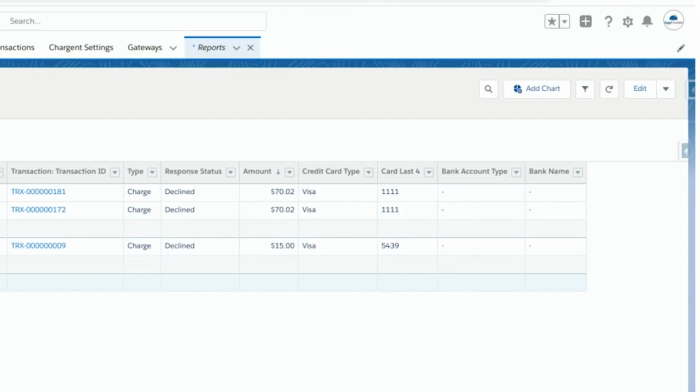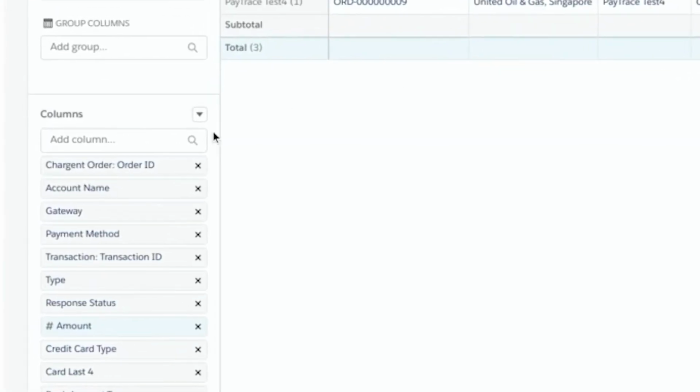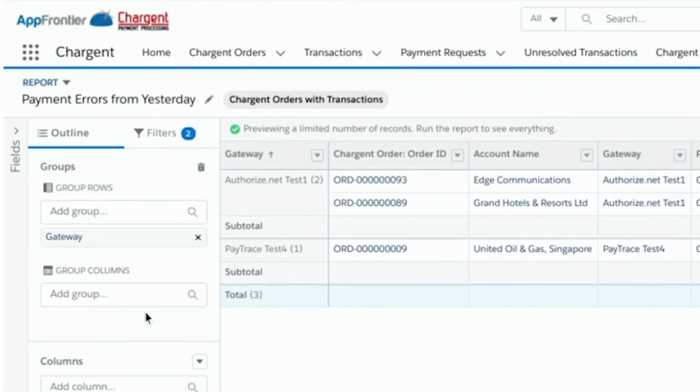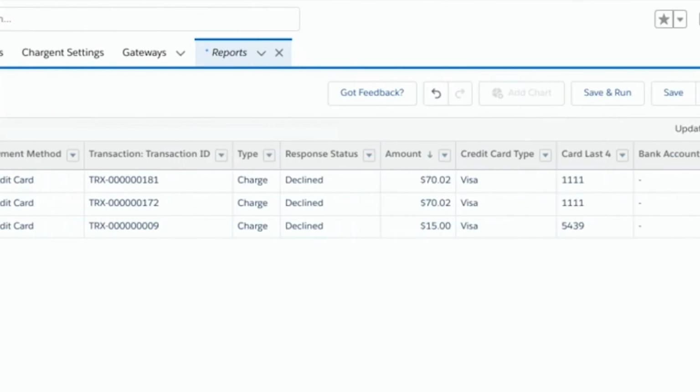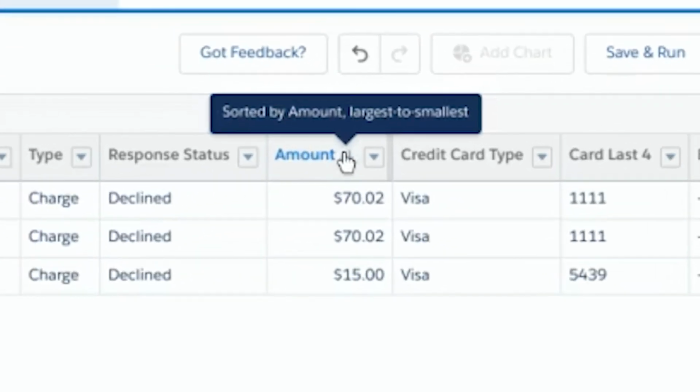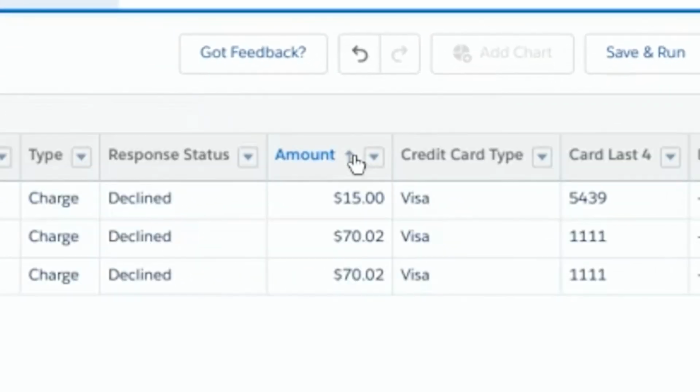There are some changes that I would like to make to this report, so I click the Edit button at the top. Here is where I can add, remove, and reposition the fields on my report. In addition, I can group rows in my report. I'm going to remove the row grouping and sort the list into a descending order by the amount field. This way, I will allow my accounts receivable representative to reach out to customers who have the highest outstanding value